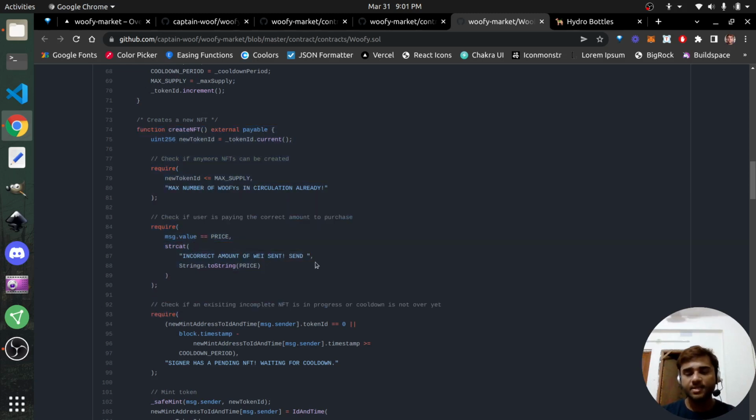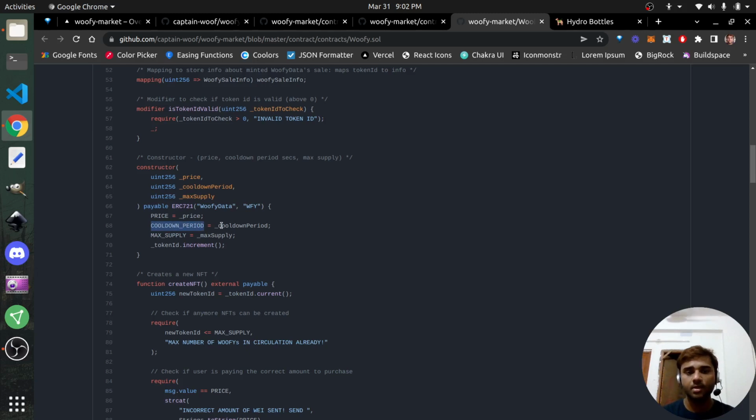If the NFT gets successfully minted, I'm storing a mapping of your address with what token you just minted. So I know for a fact which of the tokens that just got minted does not have a metadata, and I also have a cooldown period to ensure that if a token was not given a metadata, then no one else could. And this cooldown period, all it does is ensure that if a token did not have a metadata, then you're not